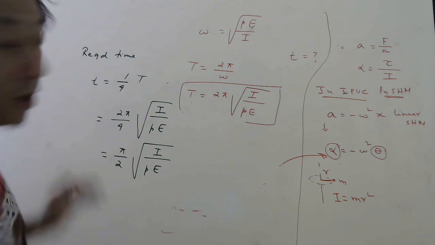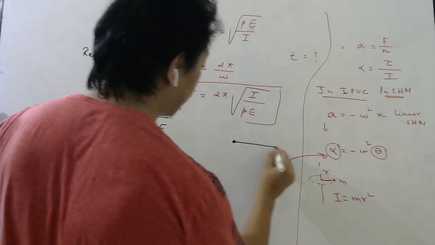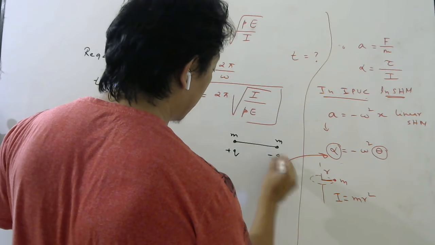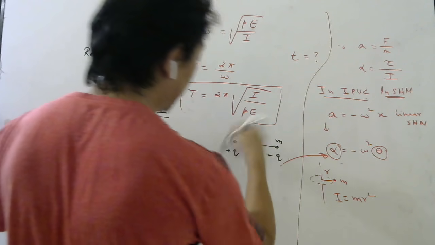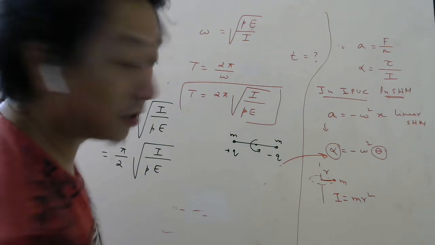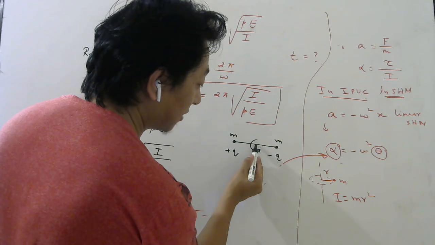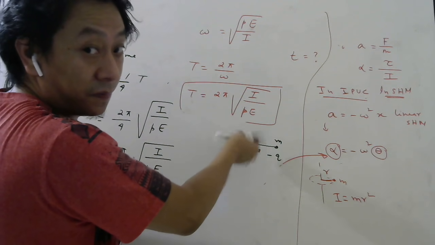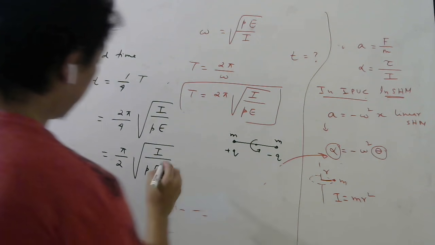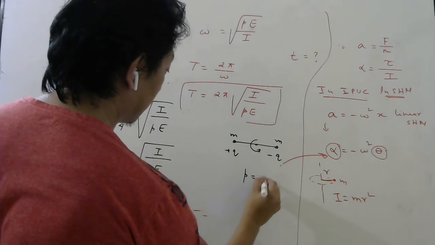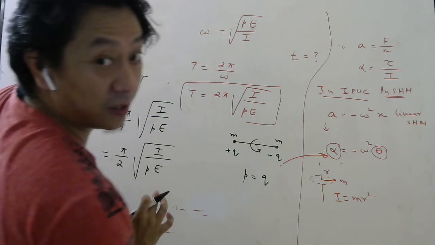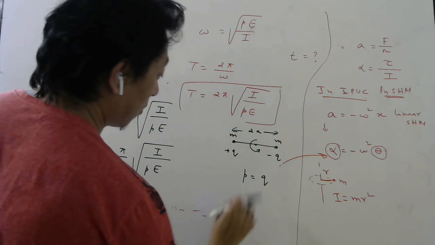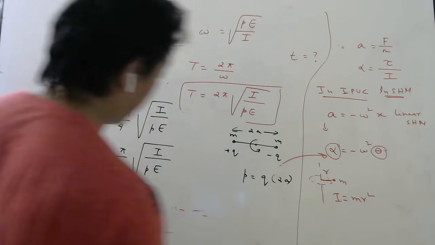Now in this problem, your system was this. Here the masses are M, one is plus Q, one is minus Q. And it rotates around the center of mass. And since the masses are equal, the center of mass will be at the geometric center, at the middle. It will oscillate this way. Now, what is the dipole moment P? This is charge into the distance between them. Let us say this distance is 2a. If this distance is 2a, what will be the dipole moment? Charge into 2a. So P I know.